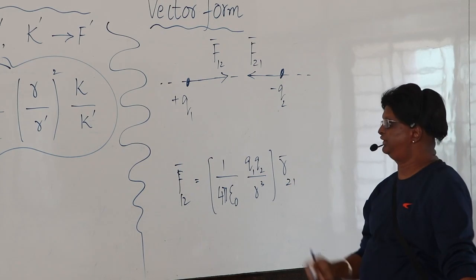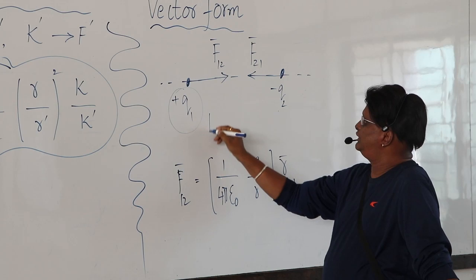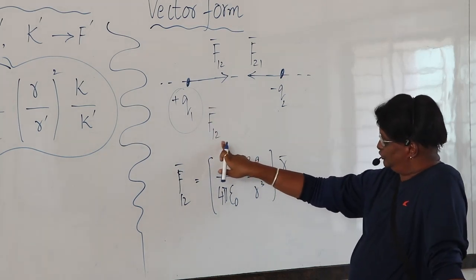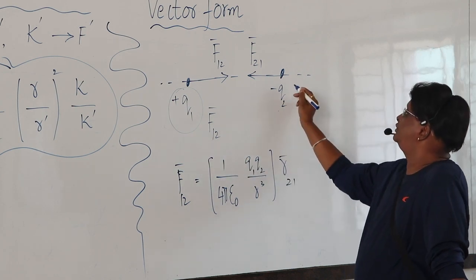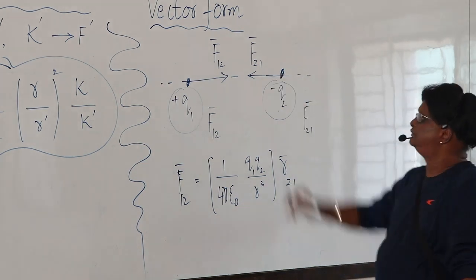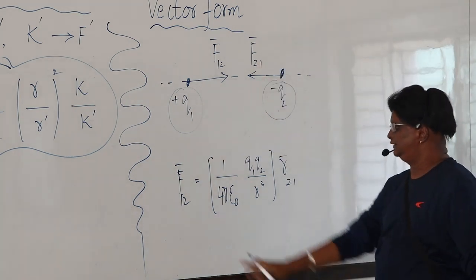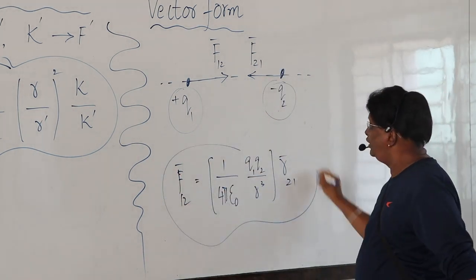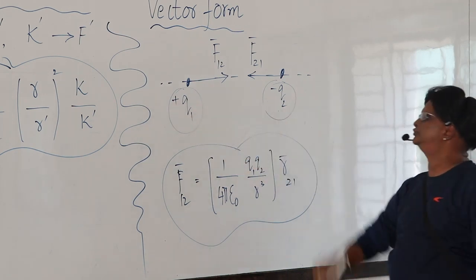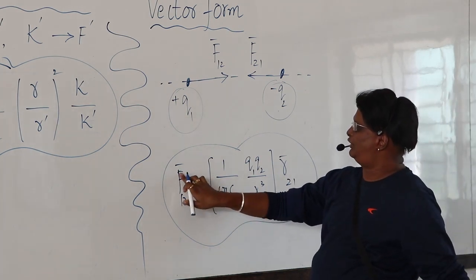We will find two forces here. The force experienced by Q1, I am writing it as F12 bar. This is the force on Q1 due to Q2, and similarly the force on the other charge, I am writing it as F21 bar. You can see here. So this is the force on Q2. Now here, this is the form that I have taken. What we will find in this figure is the force on Q1 is towards Q2. And that is why I have taken F12 bar, the vector form.